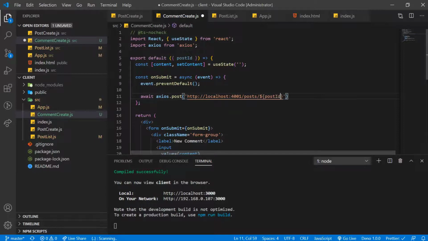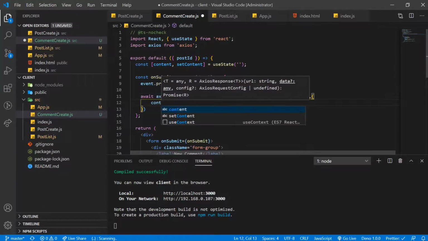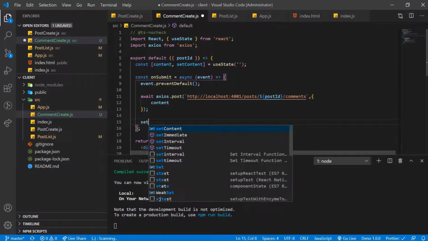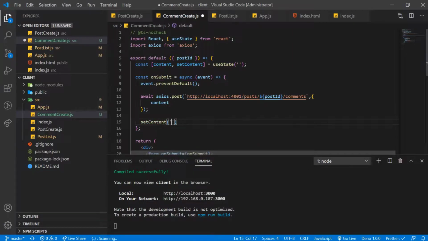This is the post ID with which I want to associate my comment. Remember, we don't have to use colons here. We must replace them with backticks. And as a second argument, we are going to pass our content. Content is the value that we want to submit to the server. Now after making the request, let's clear out the value of the content property by passing an empty string here.